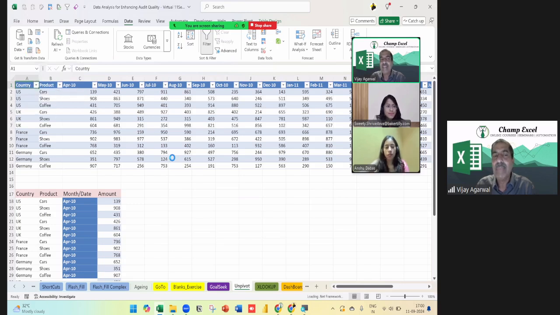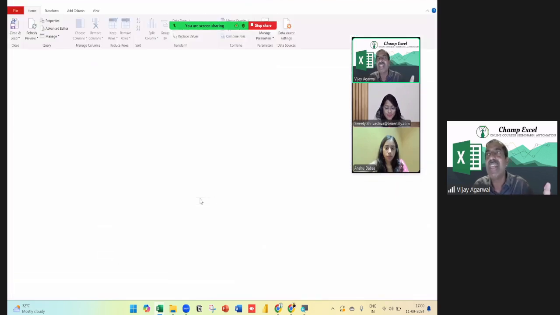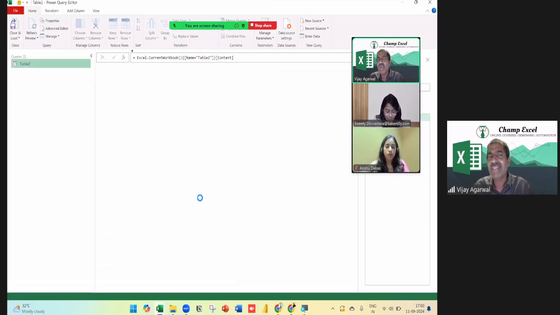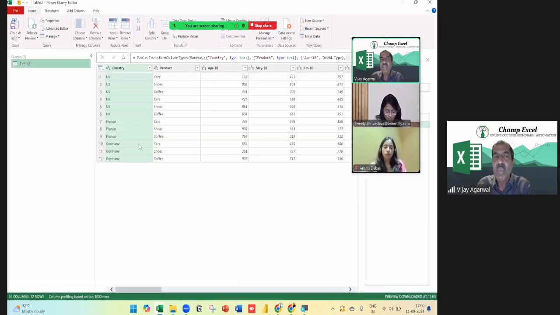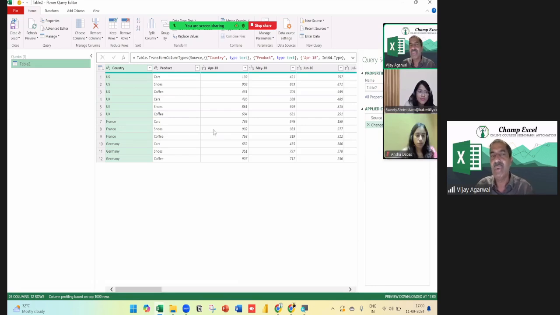Once I click this, this is the standard thing I'm showing you. It's not that you have to install something or buy something. All of your Excels have this. So once I do this, automatically I went to the back end of Excel. This new screen came up, and here also I have a screen something like Excel.